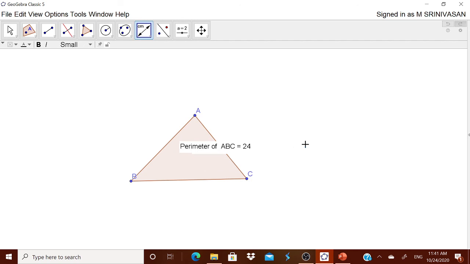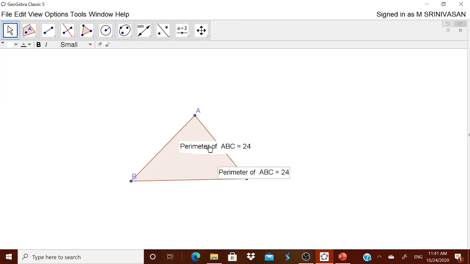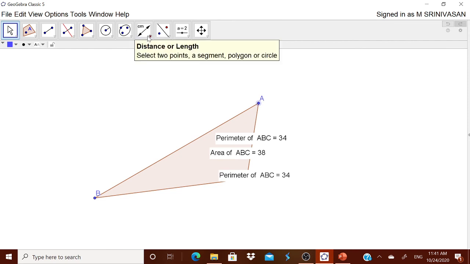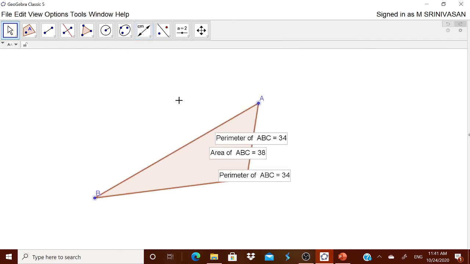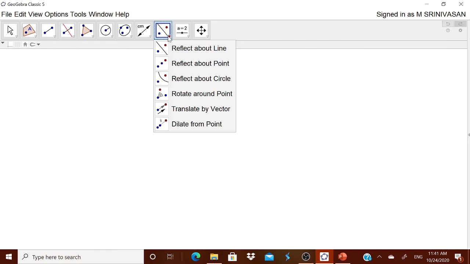Okay, now I think you have not done any calculation most probably. You got the perimeter, you got the area, I think you have to move it. Well, you got the perimeter and you got the area, both you got. When you just move it, the area also changes, perimeter also changes. Well, now this actually we will explore it while we are doing it. Okay, now another one is reflection. This also we will explore.